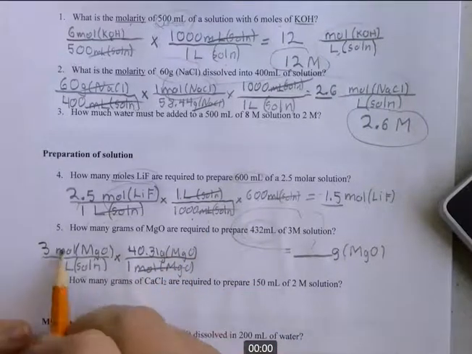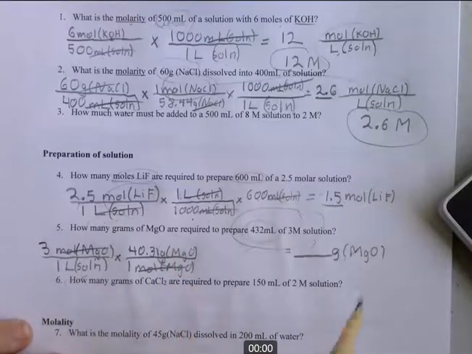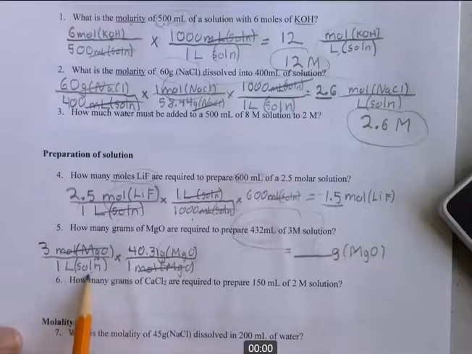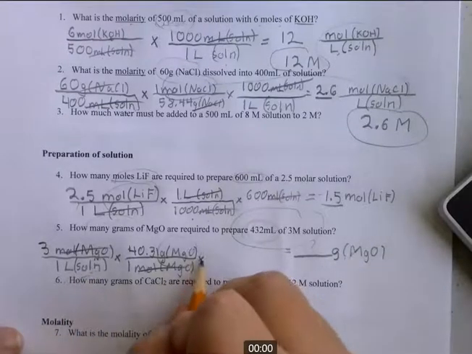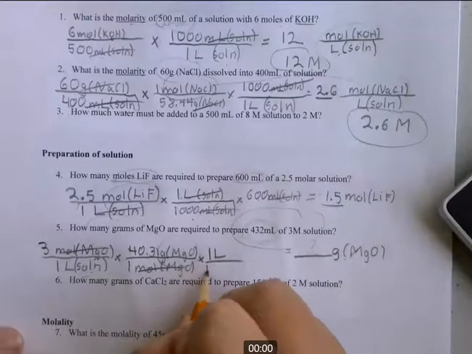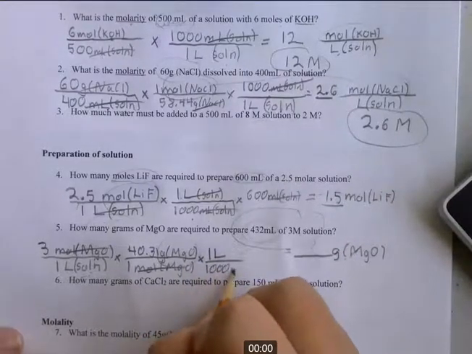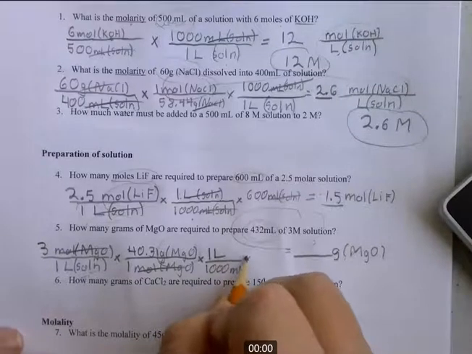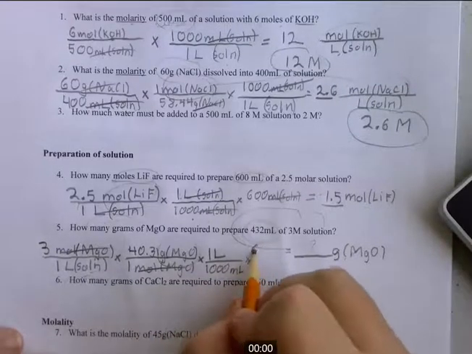So we have moles of MgO canceling there. So now we have grams of MgO on the top, and that's what we want. In fact, that's all we want. So we have to make this disappear. So how do we do that? Same way we did last time. We say 1 liter, and I'm going to try to abbreviate it, for every 1,000 milliliters. That's true of anything. And then you're going to multiply by 600 milliliters